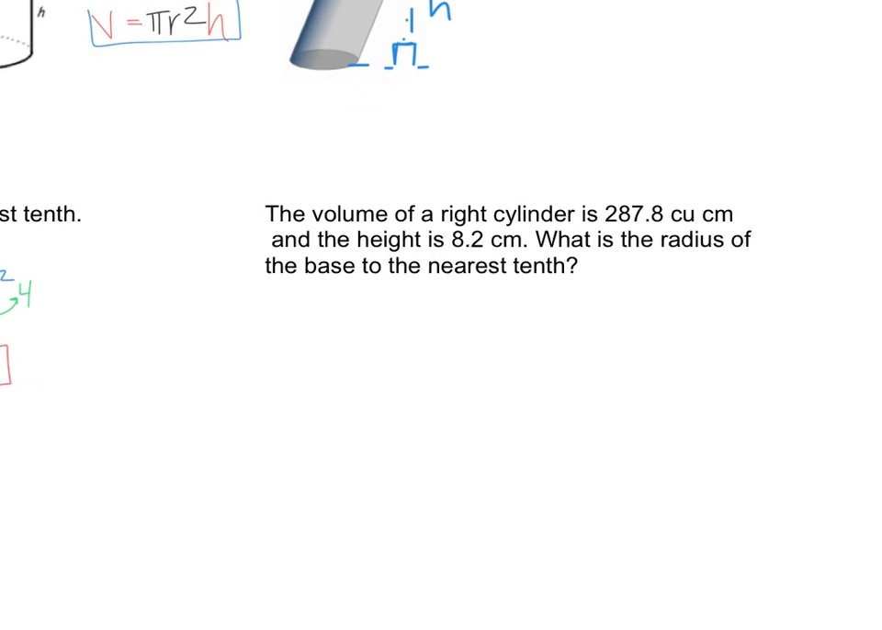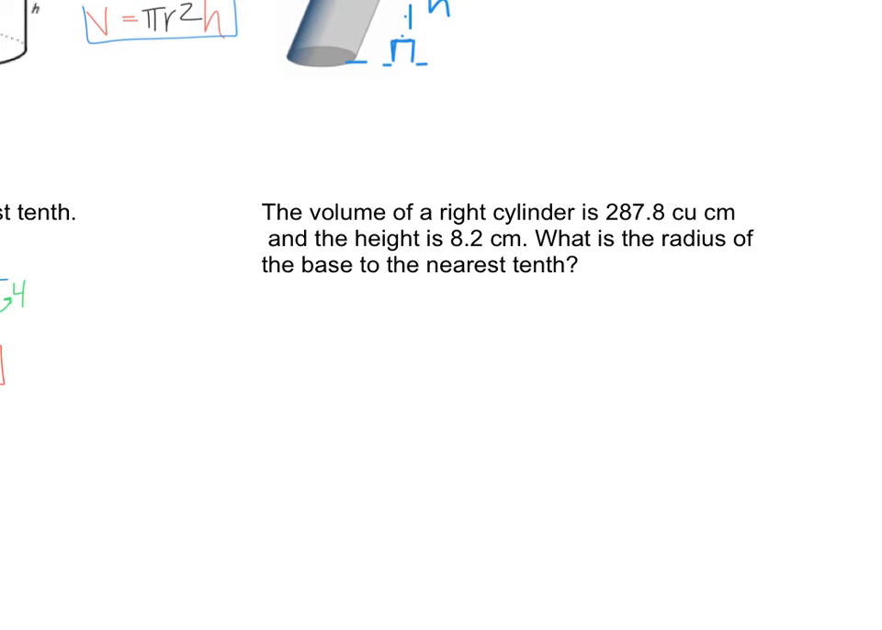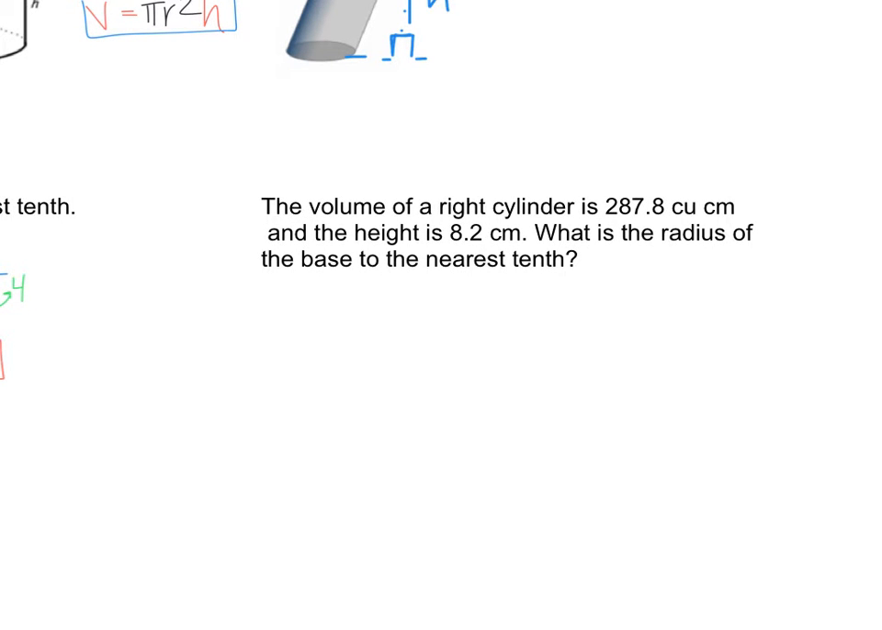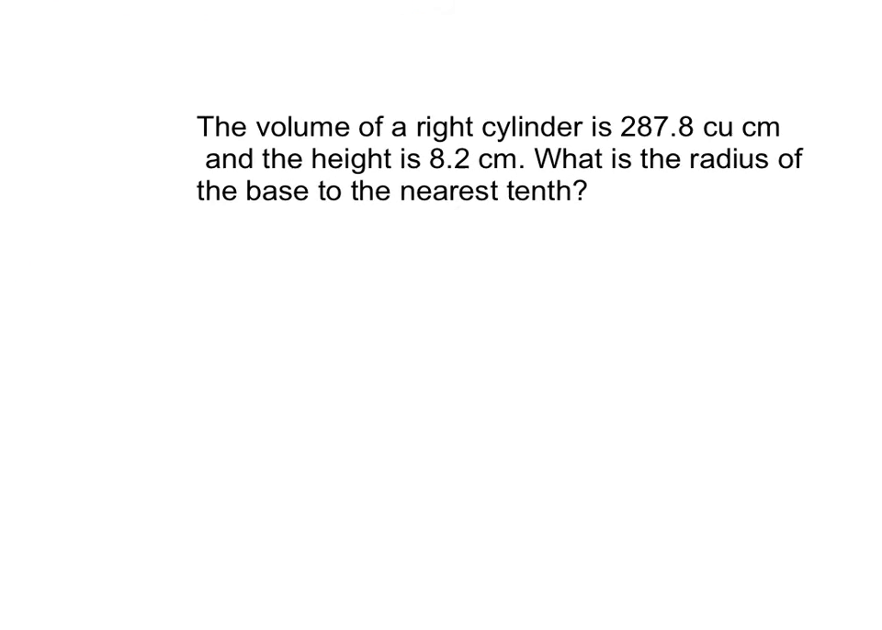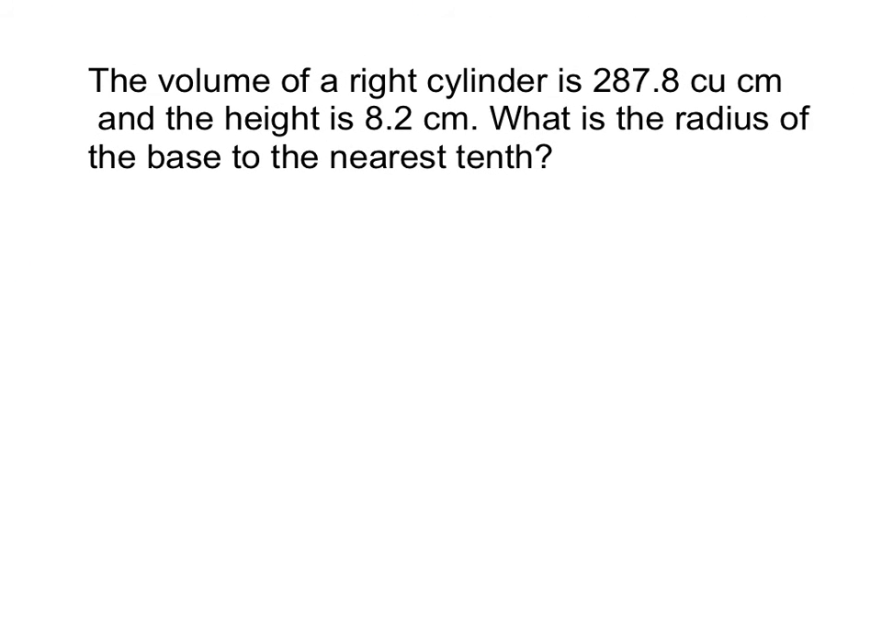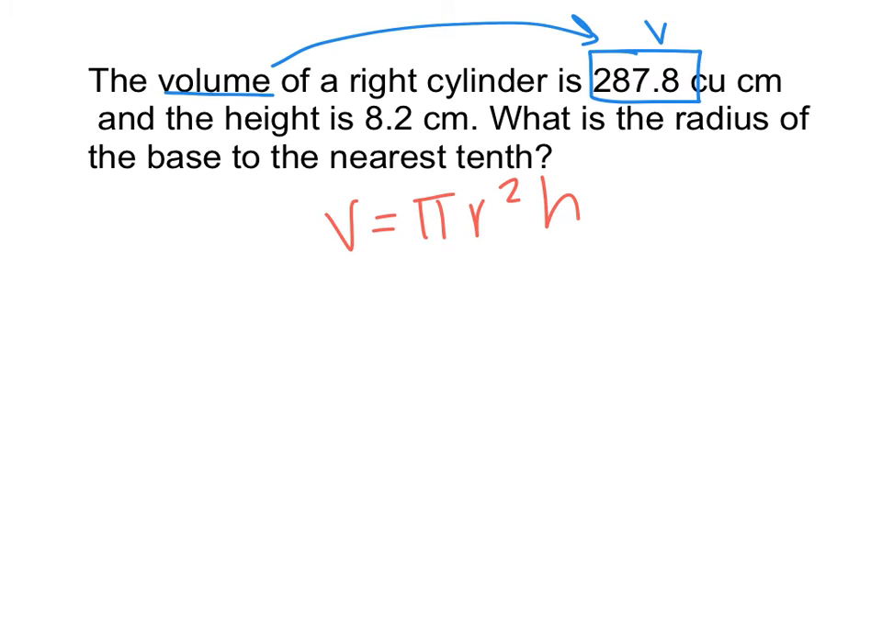Okay, so now we go to the next one. The volume of a right cylinder is 287.8 cubic centimeters, and the height is 8.2 centimeters. What is the radius of the base to the nearest tenth? So the first thing we want to do is always write down our formula. Volume equals pi r squared h. If we take a close read of the question, it says the volume of a right cylinder is 287.8 cubic centimeters. That means everywhere I see volume, or my V, I put 287.8. So 287.8